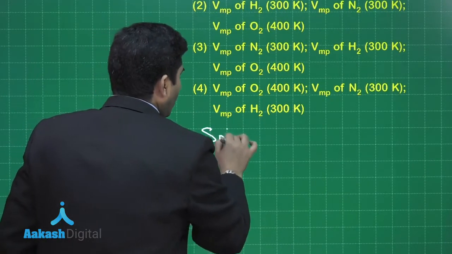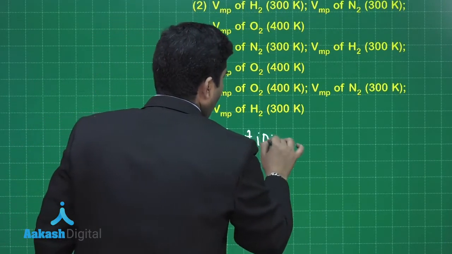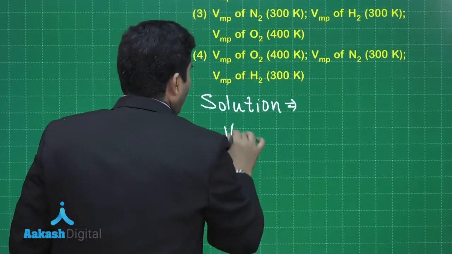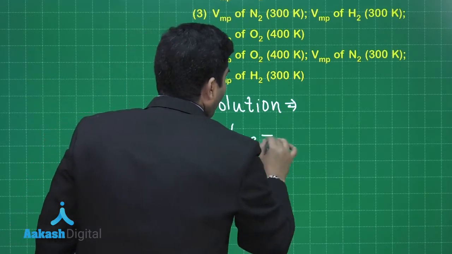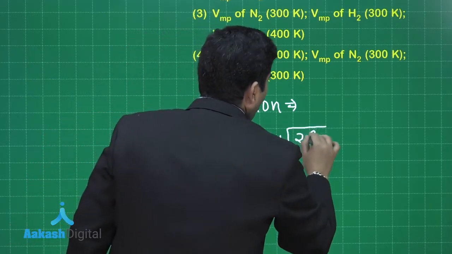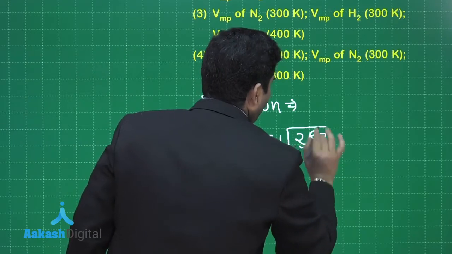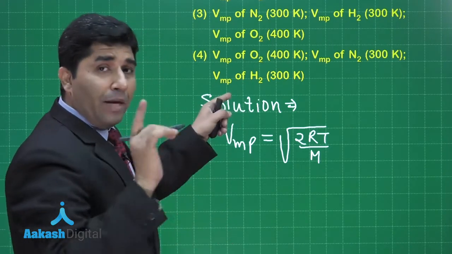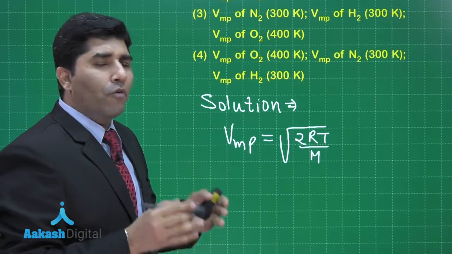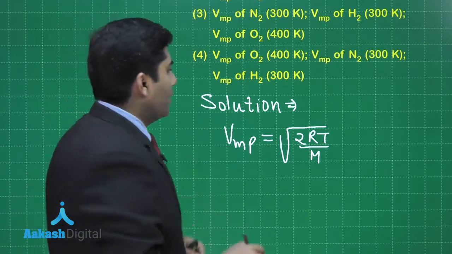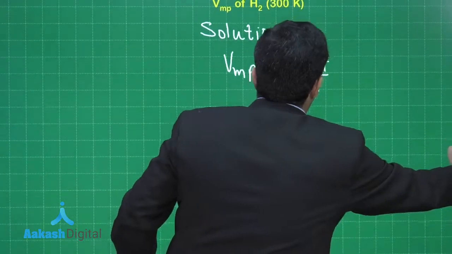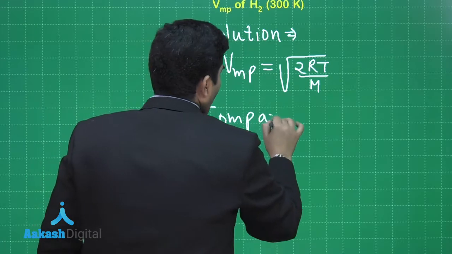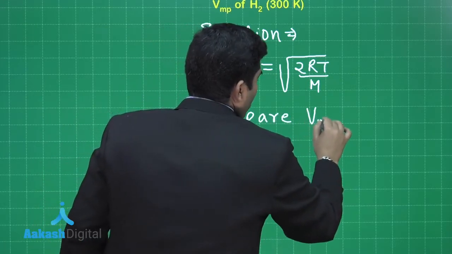So the solution will be: the most probable velocity is equal to under root 2RT by M. Now we all know 2 is constant, R is constant. Now there is a variation in temperature and definitely the molar mass of the gases will be different, right? So we can compare the most probable velocity